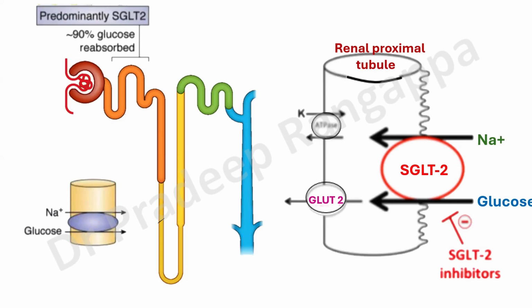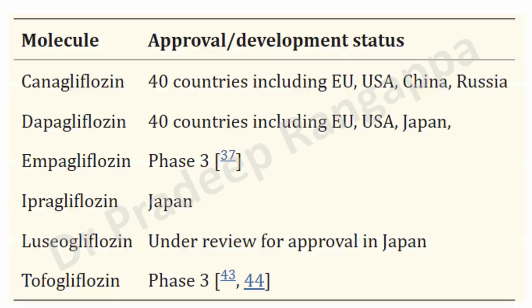So your glucose levels in the body come down, and since the sodium reabsorption is not happening, your sodium load also comes down, and that will help the heart failure patients. That's a simplistic mechanism. Basically, it acts on the renal proximal tubule, prevents the reabsorption of sodium and glucose, which get secreted, and some sodium reabsorption also doesn't happen.